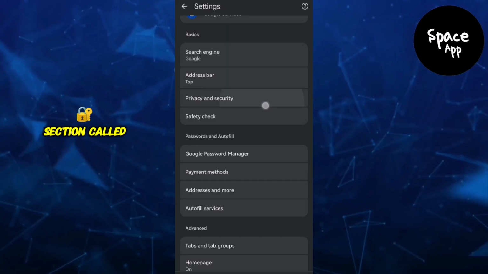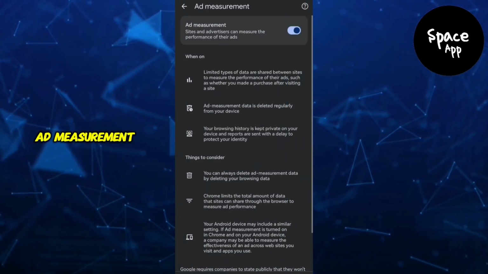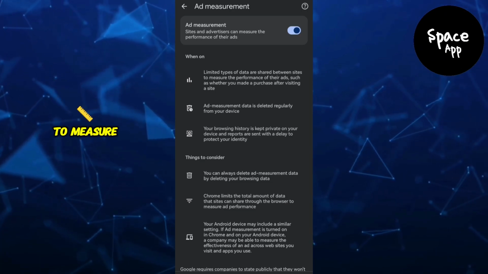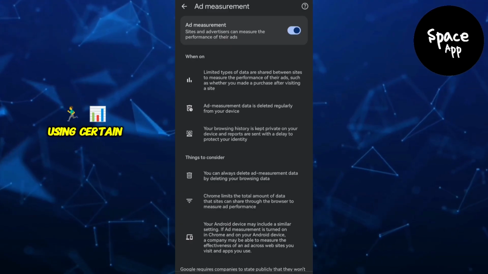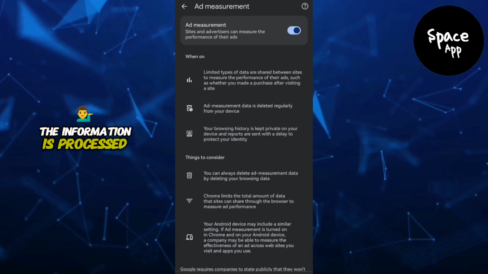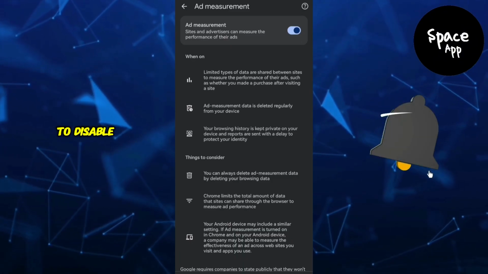Now look for the section called Ad Privacy and open it. Inside here, tap on Ad Measurement. This feature allows websites and advertisers to measure how ads perform using certain activity data from your browser. While Chrome says the information is processed with privacy protections, many users still prefer to disable it for better privacy